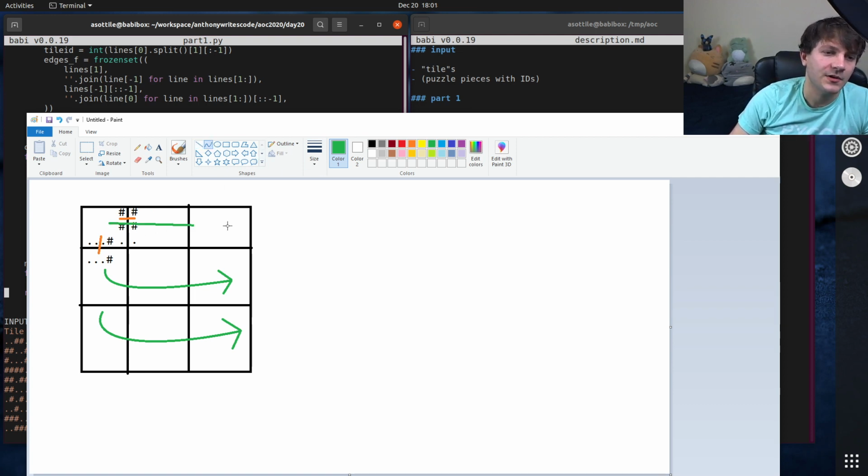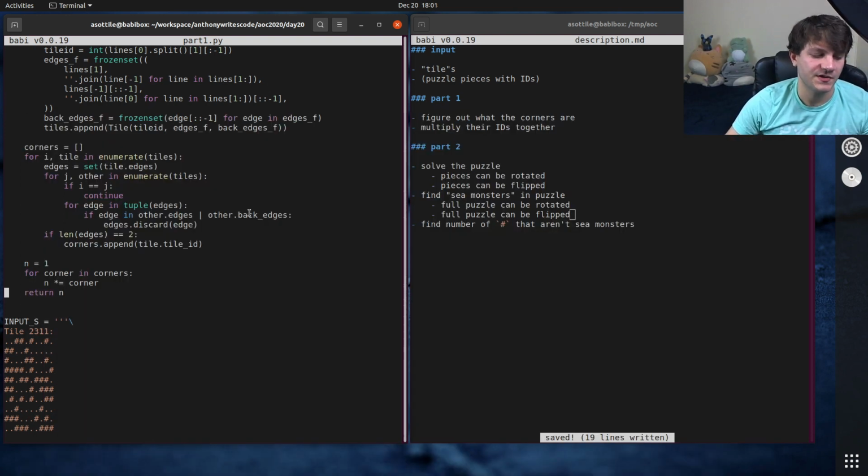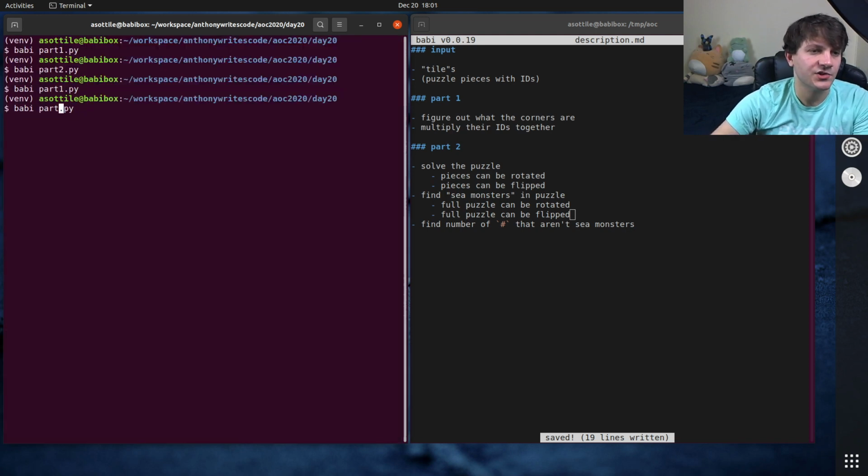So I solved down this row here, and then I solved this row here. Once I had solved one row, I knew that I could match up the piece that starts the row by looking at the bottom marker on any of the pieces. I also wrote some functions that make it really easy to find the edges and find their reversed edges such that I know when things match up. I'm going to walk you through each of those functions that I wrote for part 2 on my special tile